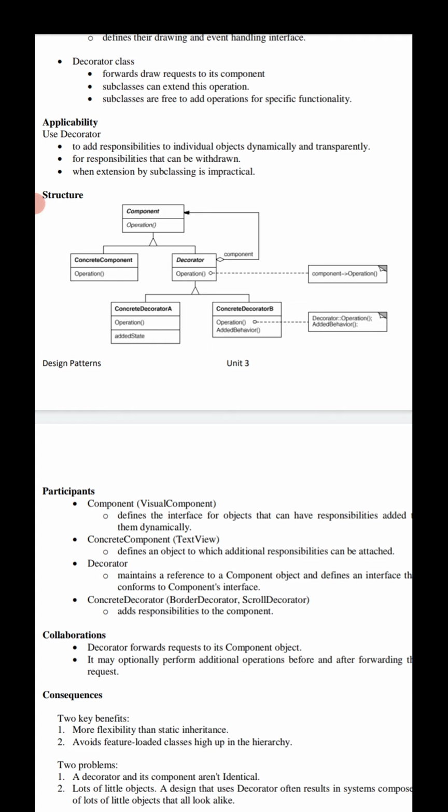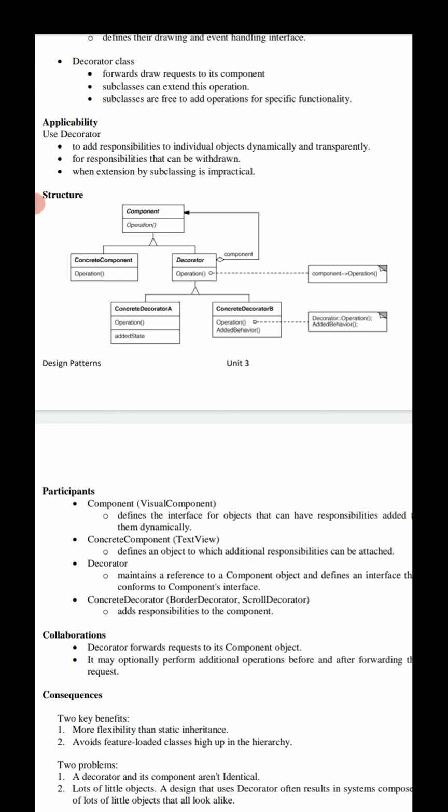The second applicability of a decorator design pattern is for responsibilities that can be withdrawn. If we have some particular responsibility, it can be withdrawn. One more applicability is when extension by subclassing is impractical.